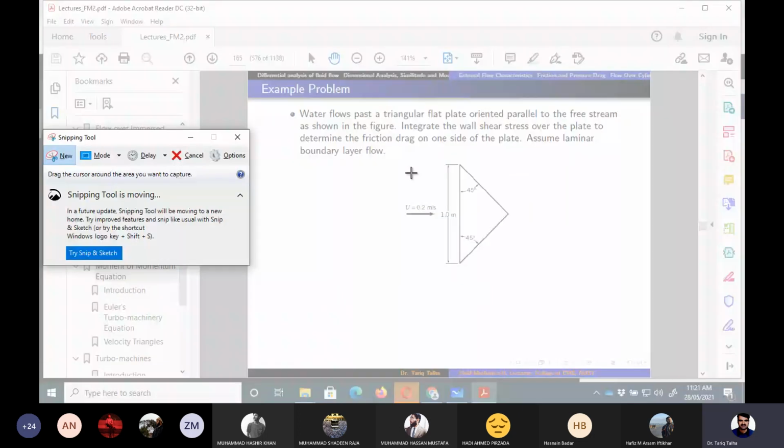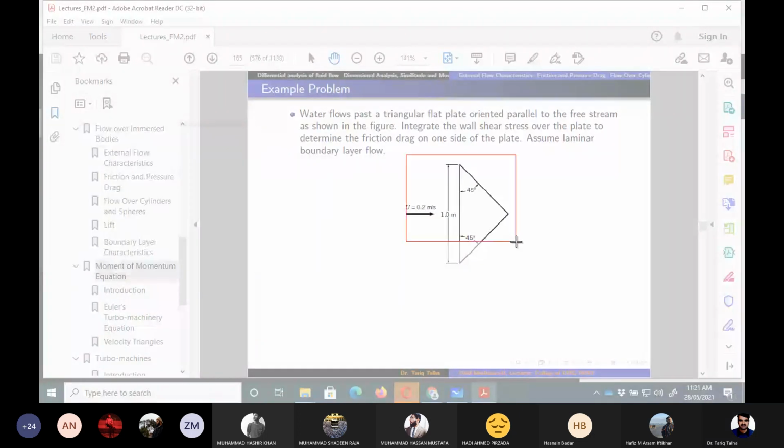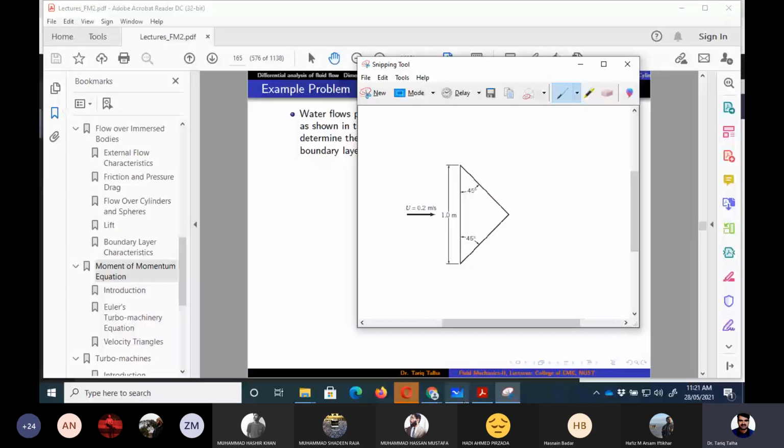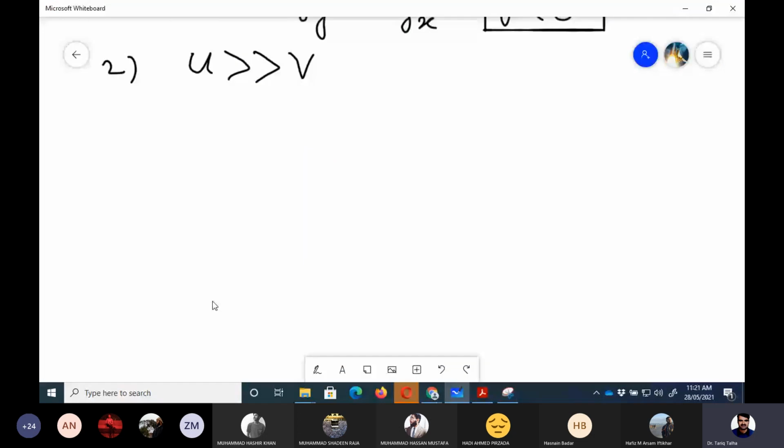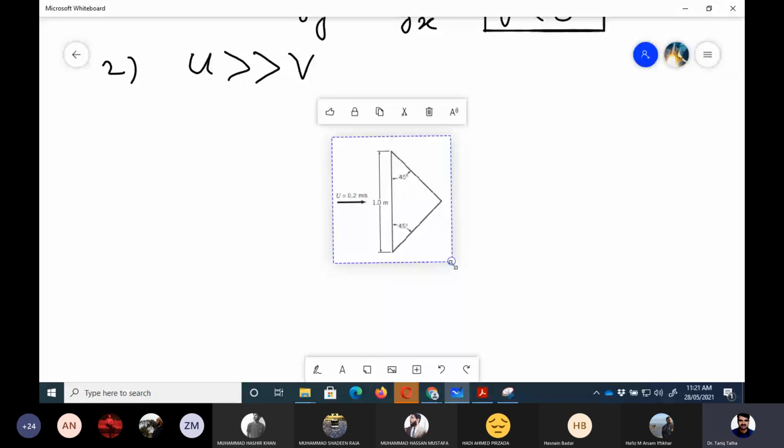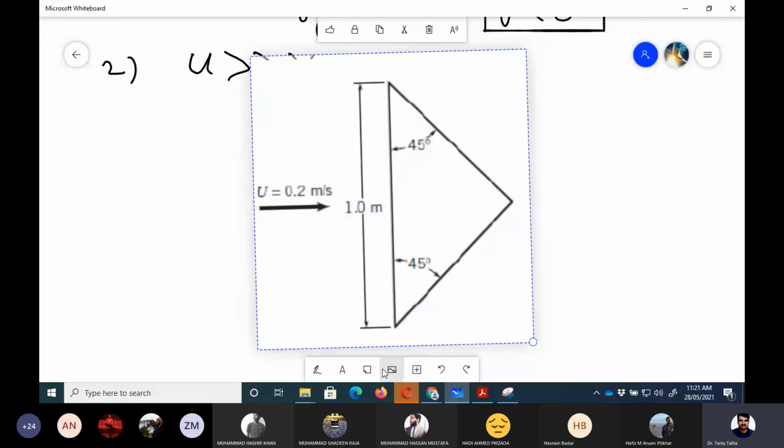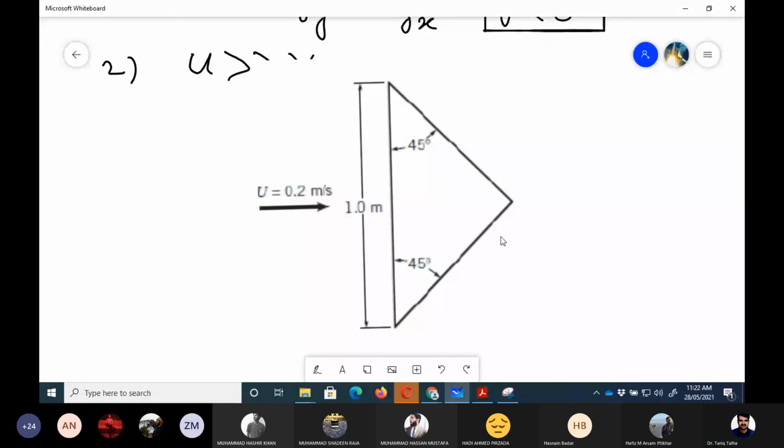So let me copy this figure and paste it here. First of all, if we see the relation here, because this is a triangular shape, if we draw a symmetry line here,